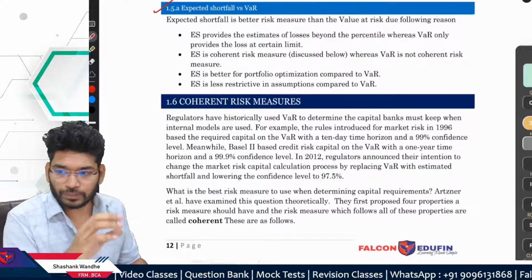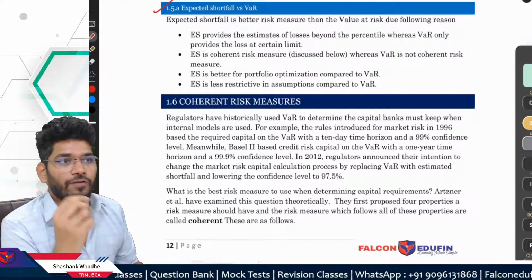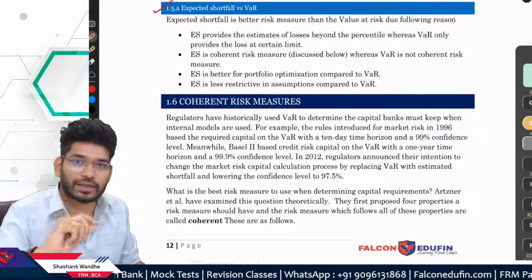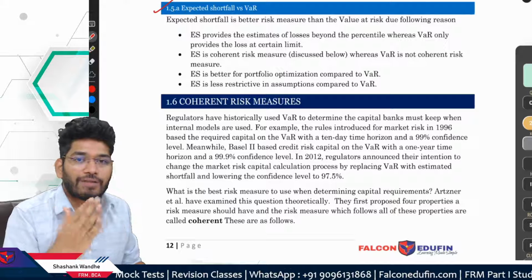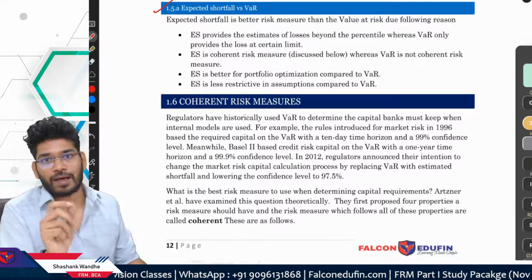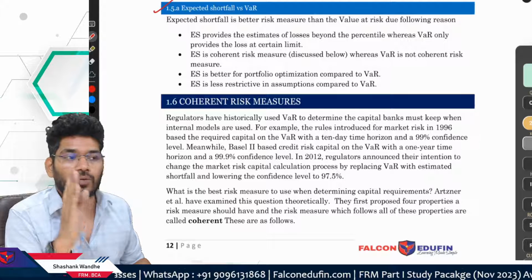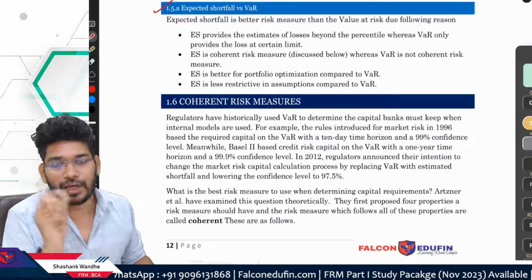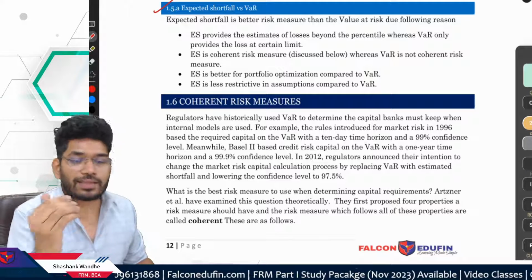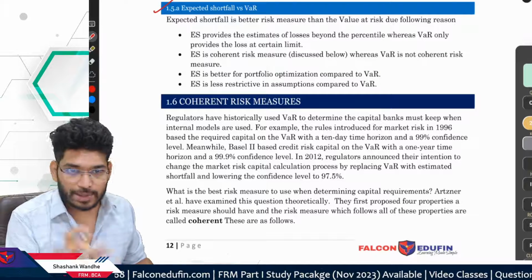And here, what is the importance of expected shortfall? Expected shortfall tells you what is coming for you beyond the value at risk calculation. Value at risk is a very specific value. The problem with value at risk is that it tells you what is at 95%, but it does not tell you what's beyond that particular thing. So to assess the losses beyond value at risk, we use the expected shortfall, and this is what you